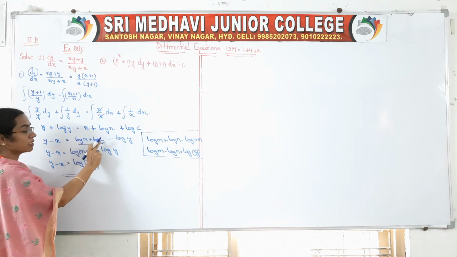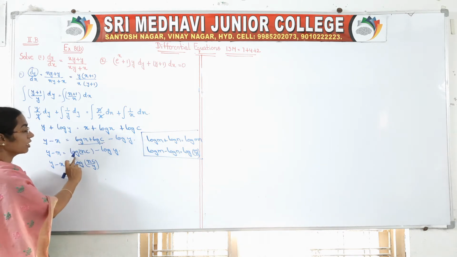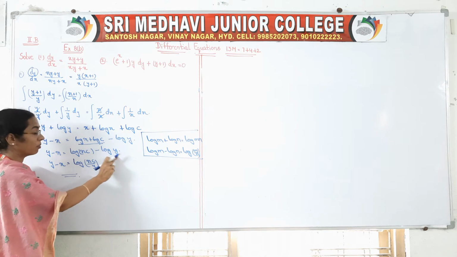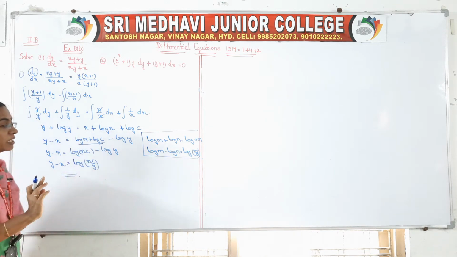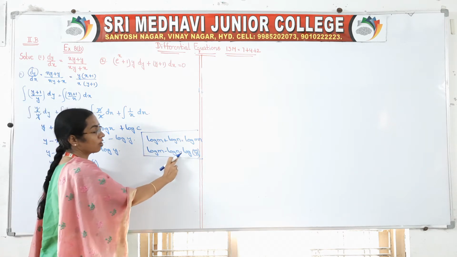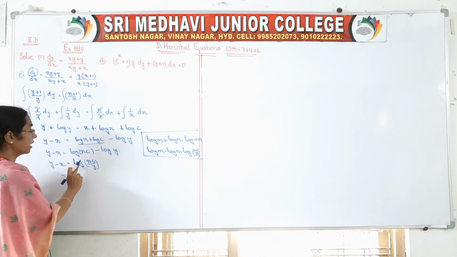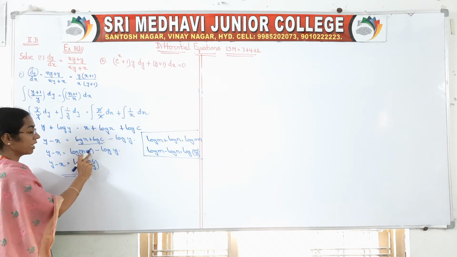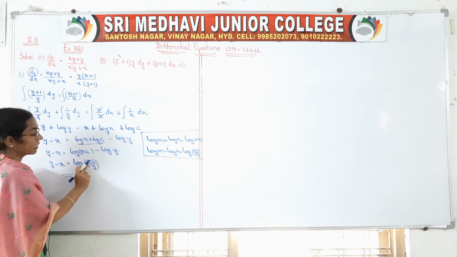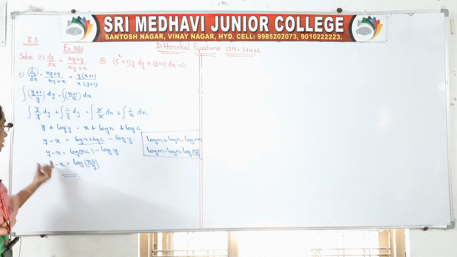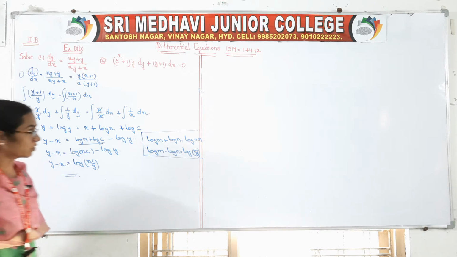So log x plus log c is log of x into c. Now you are having log m minus log n form, you are having log xc minus log y. Now it is of the form log m minus log n, which can be taken as log m by n. So we can take log of, in m place we are having xc, in n place we are having y. So it is xc by y, that is your y minus x. Okay, that is your first question.